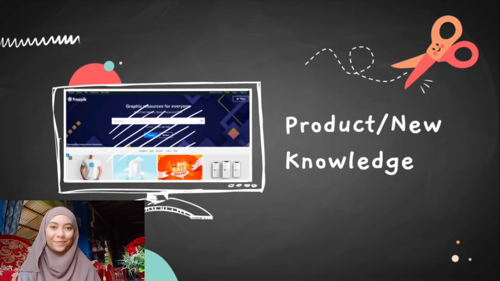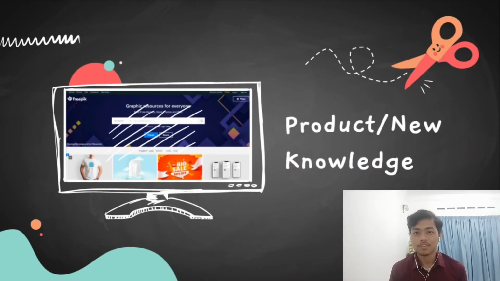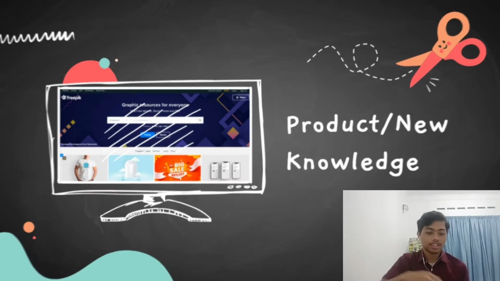One of the products and also new knowledge that we gained from this Kppb project is that we managed to build a Google site to compile all the resources that we produce for all the teachers to access and also to use our lesson plans and also performance kits and so on, with guidance provided by our lecturers and also our project leader. We managed to explore Google Sites and build the site itself so that it is easy to access for all teachers.